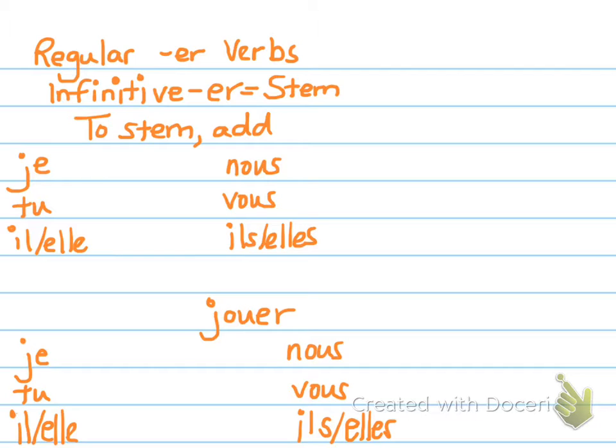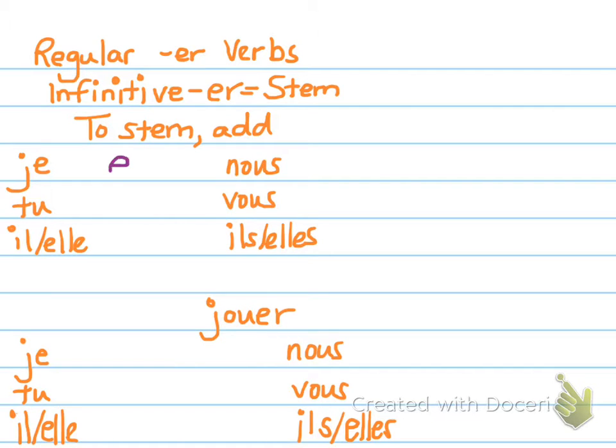So again, remember, we're always going to start with our infinitive. That's the form that we see in our textbook on a vocabulary list. If we were to look up a new verb in a dictionary, you would get the infinitive form. You're going to take off the ER, which gives you your stem, and then to your stem you should add: